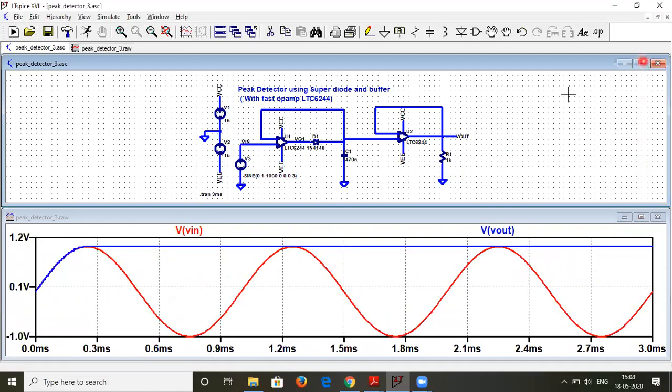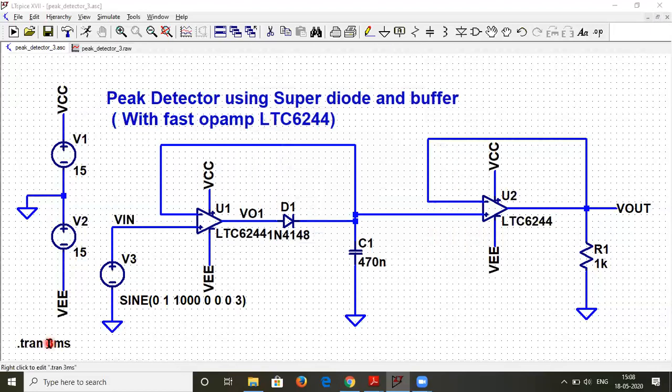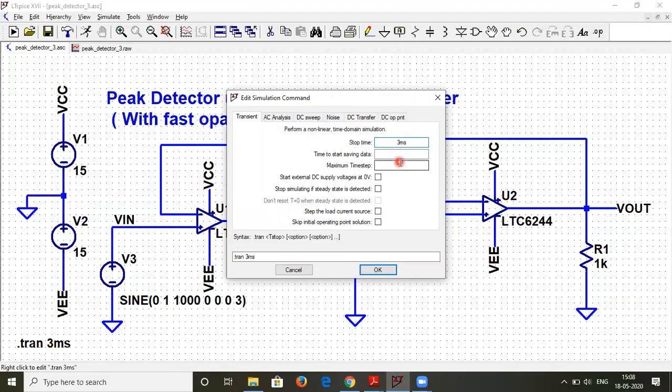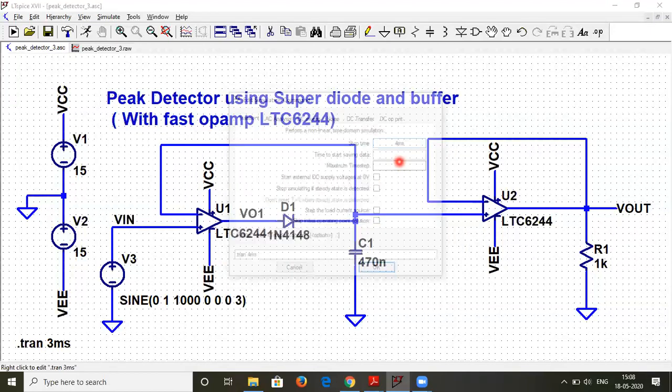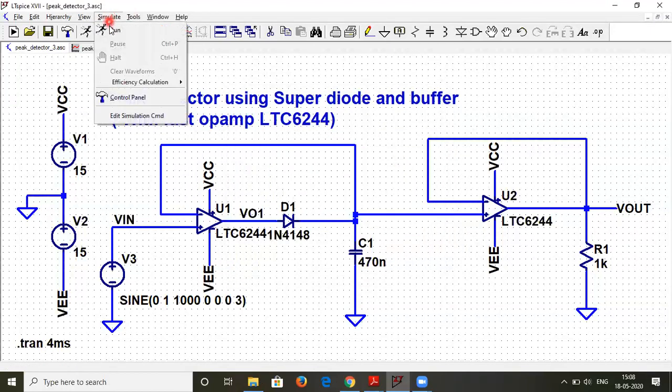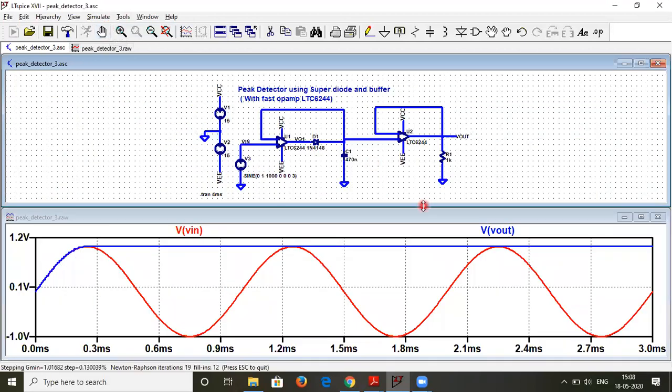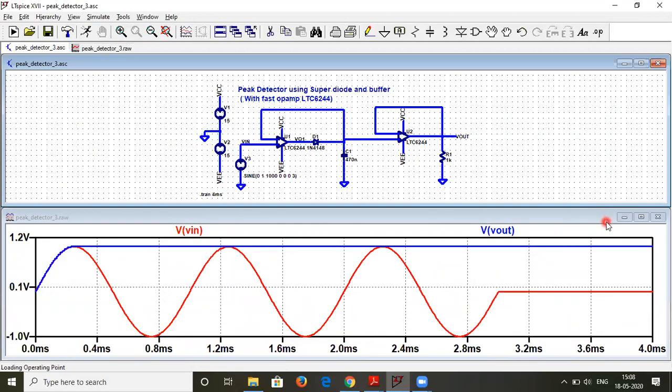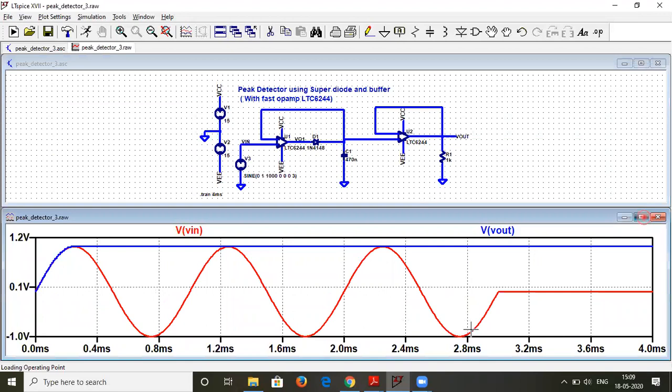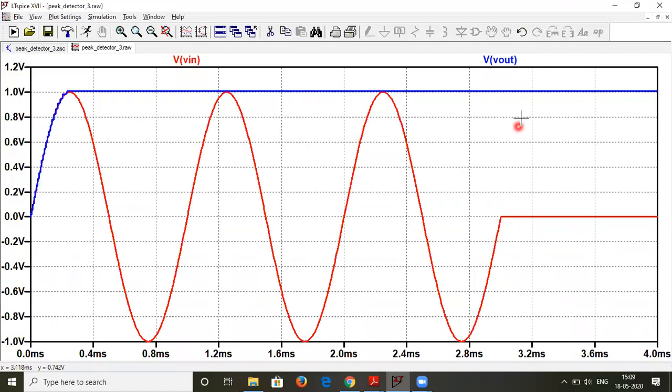I think I have to give around 4 milliseconds for that to happen, because I have given around 3 cycles. So once I click on run, yeah, so that is what it is doing over here. If there is no peak detected, it will continue to hold that state. So that's what a peak detector should do. Unless you again get a peak, it will again go back to the peak value over here.